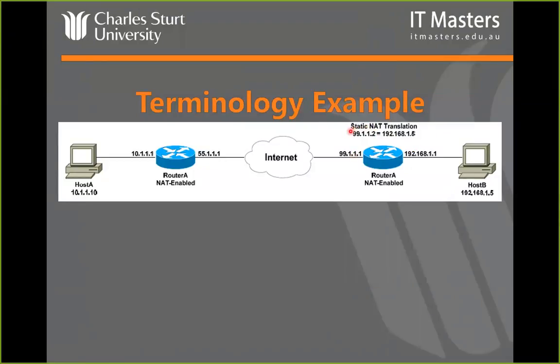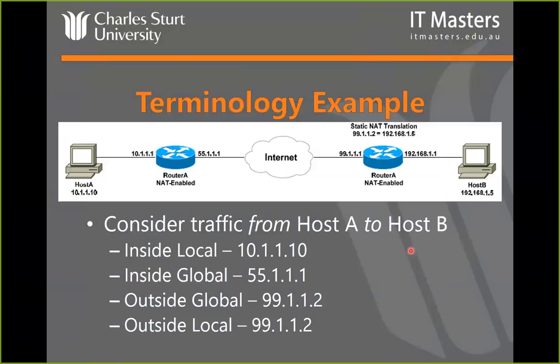So we're taking another address in that same subnet, 99.1.1.2, and we're statically, so manually, setting up the translation through to this host. Whereas on this router over here, we're just using overload NAT. So in other words, anything on this side as it goes out will be translated to the external IP address on the actual physical router, whereas this one is using a different address. That's a good question. Nice pickup, guys.